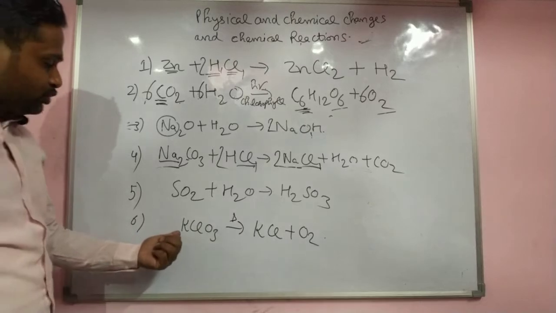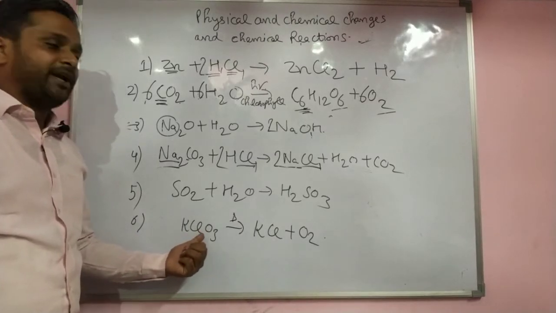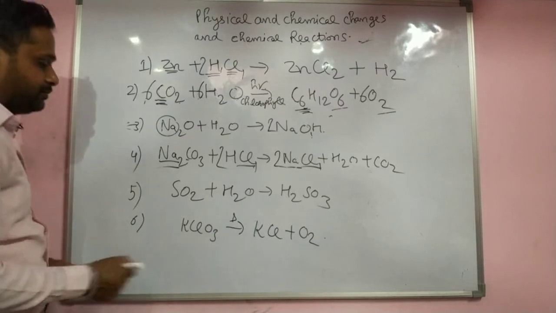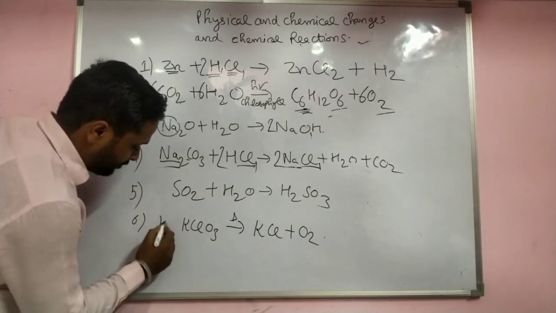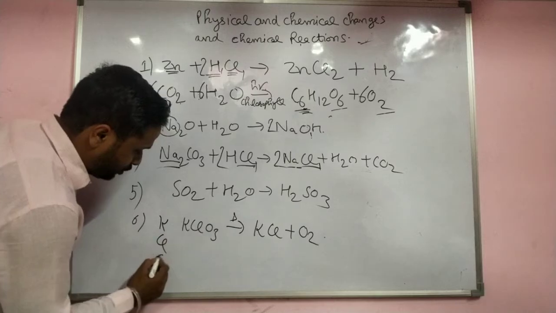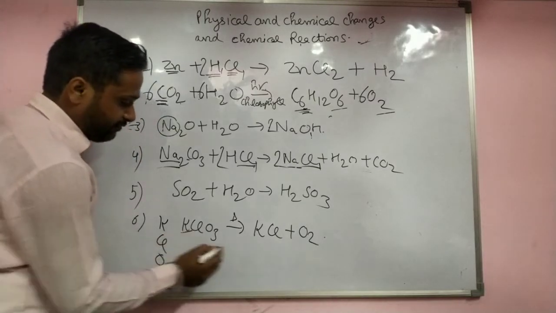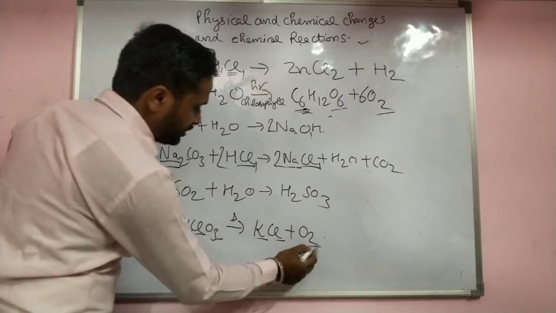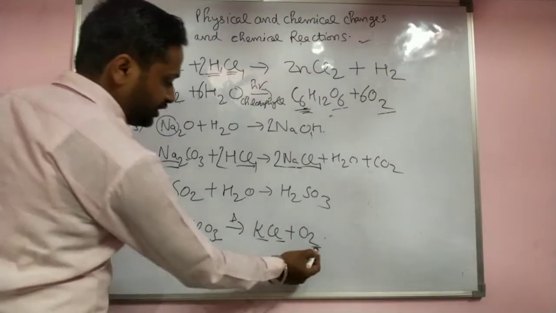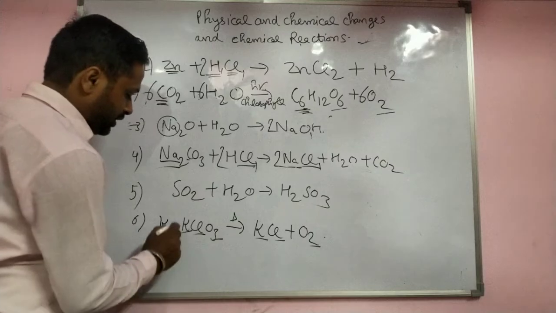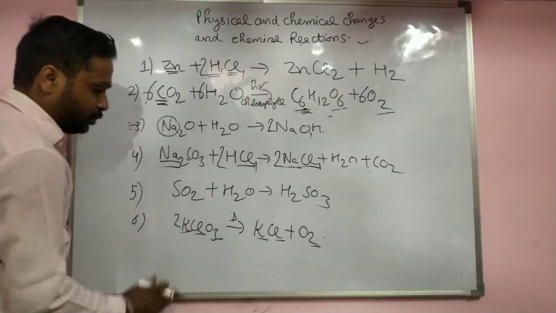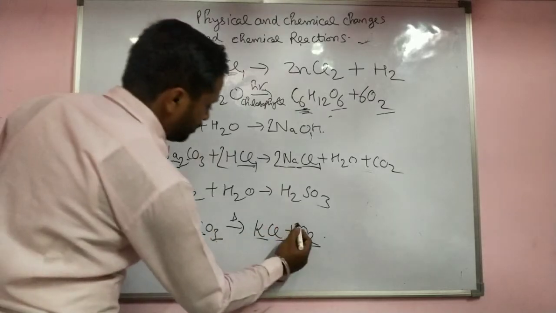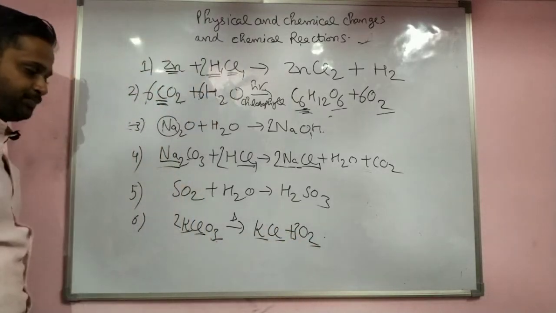Now you see potassium chlorate. That is a potassium chlorate reaction. How many elements? That is potassium, chlorine and oxygen. Potassium 1, this side 1. Chlorine 1, chlorine 1. Oxygen 2, oxygen 3. Oxygen 3, oxygen 2. Now what should you do? Here you should multiply with 2. Then oxygen becomes 6. And here also 3 becomes 6.